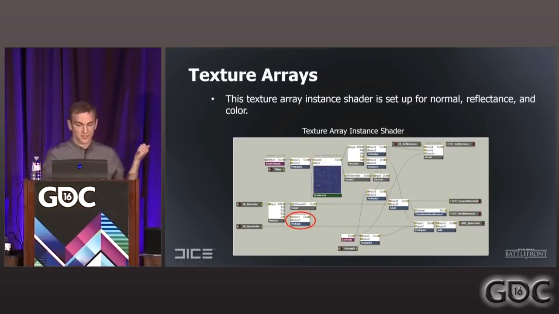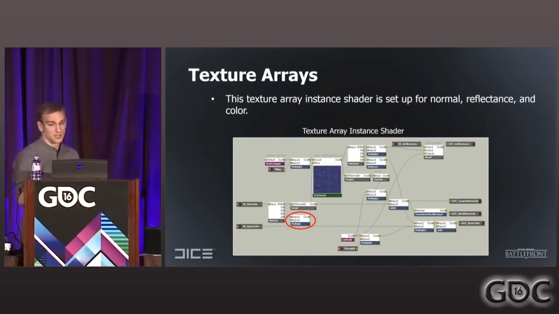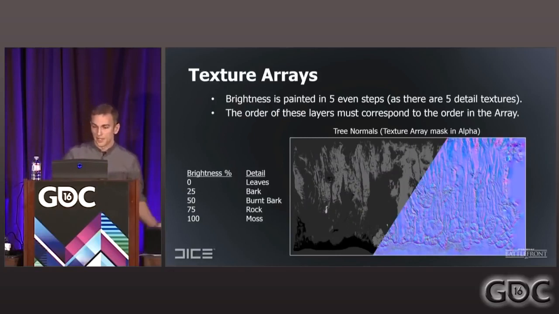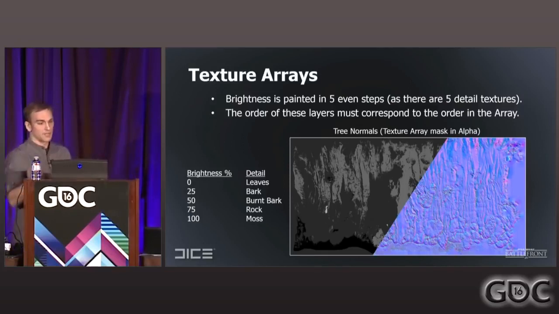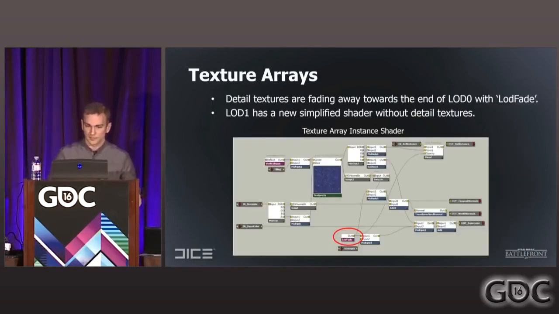So this is how our texture array is set up. You can see the texture there in the middle, the one with an actual texture, for normal, reflectance, and color. And I've got the little multiply node circled there. In this case, we'd multiply by a factor of 4 to give us an index from 0 to 4, so five indices to choose from. This is relevant because we would pipe in a grayscale texture with values that were multiplied by that factor, and you would get the 5 even steps. So, for example, you've got 25% gray for bark, and if you multiply that by 4, you get a value of 1. So that's your second index if you're starting at 0.